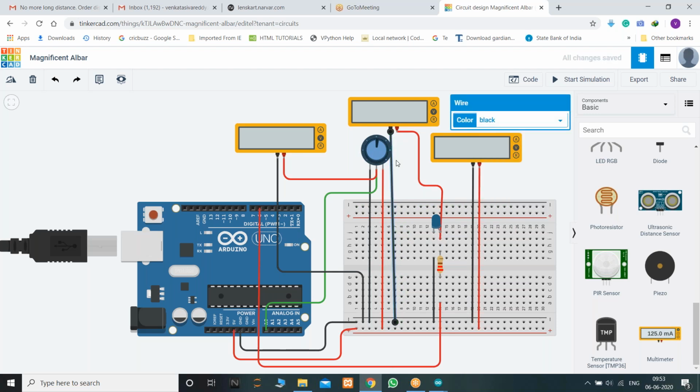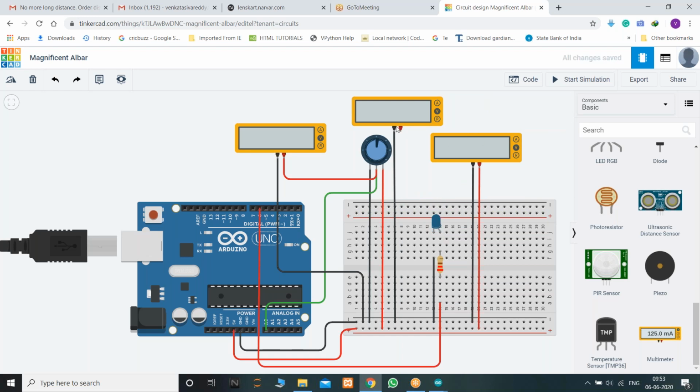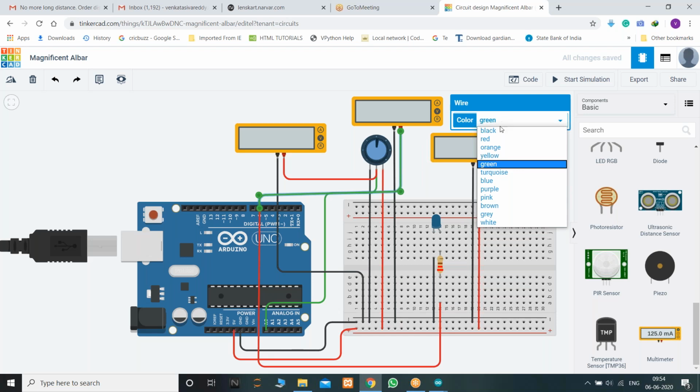I just want to display the values that I'm getting from this digital 6 pin. So let us connect this digital pin for better understanding. I just want to show you the values which digital 6 is giving us.